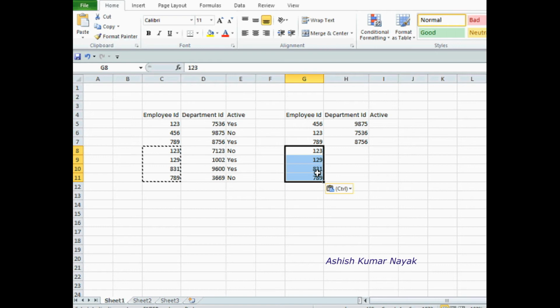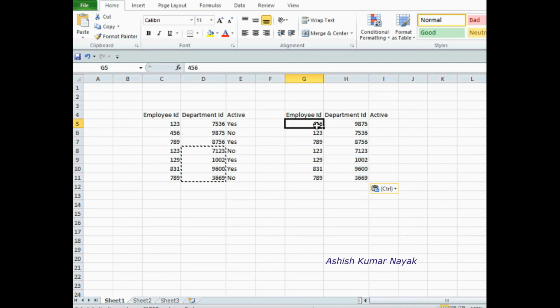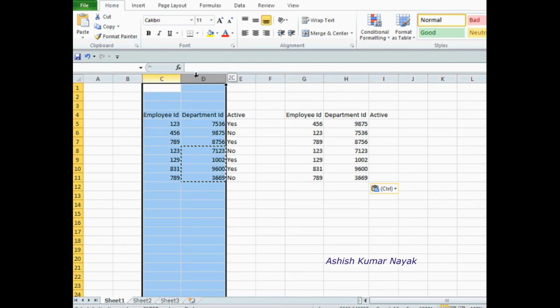Okay, so in that case what do we need to do? These two tables are given to you. It means the employee ID 456 for the department ID 9875, what is the current status? Yes or no, active or inactive? Means we have to compare these two with these two columns in the first table.